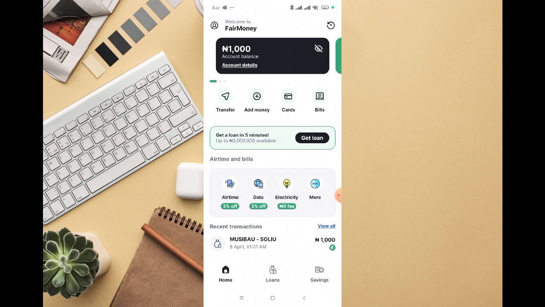Once you do these three, make sure you don't owe money on any other platform that you haven't paid. If you do, go and pay back the money before you apply for a Fairmoney loan, because if you don't pay back, you won't be qualified to borrow money on the Fairmoney app. So once you notice that you didn't borrow any money from any other loan apps, or if you borrowed, you already paid back, then the next thing you're gonna do after submitting your BVN, your Face ID,